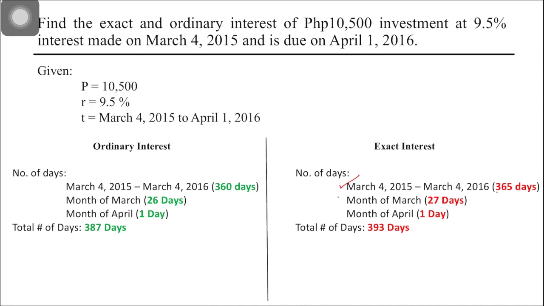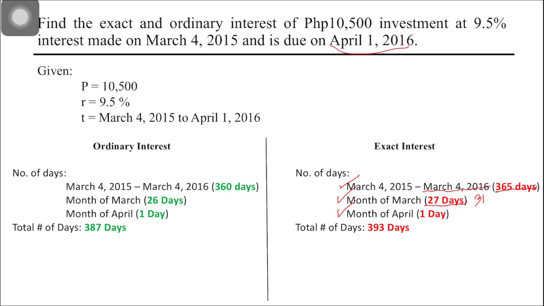In the month of March, pagka 2016, so 27 days na lang, ano man. 31 days man is supposedly. Pero, nag-count naman ta diri taman March 4, kini 365. So, magsugod na po tag-count, March 5, March 6, taman 31. So, pila man na, that's 27 days. Then, for the month of April, so taman man April 1 ang investment, so 1 day lang. So, i-total na to ang number of days is 393